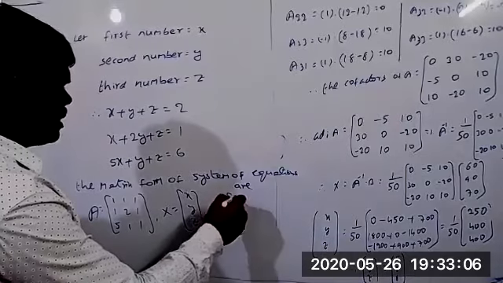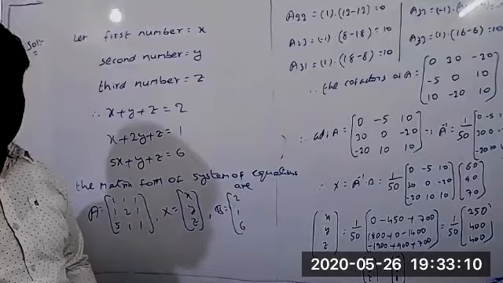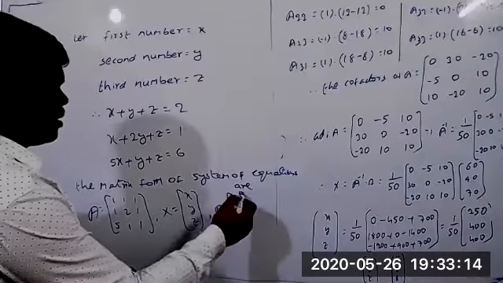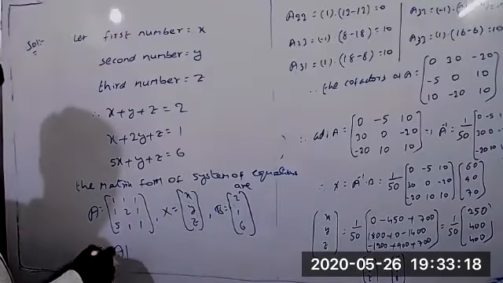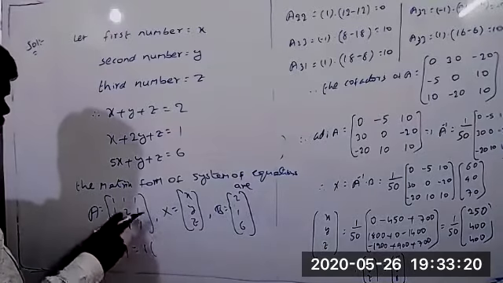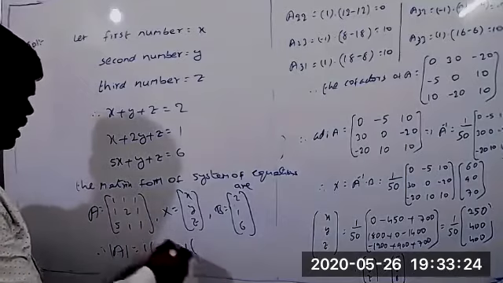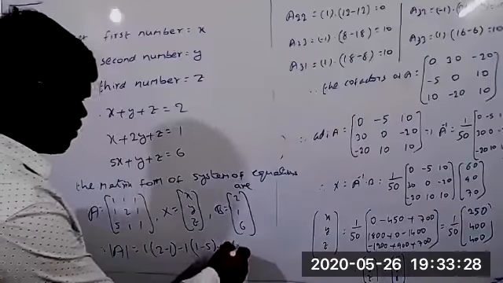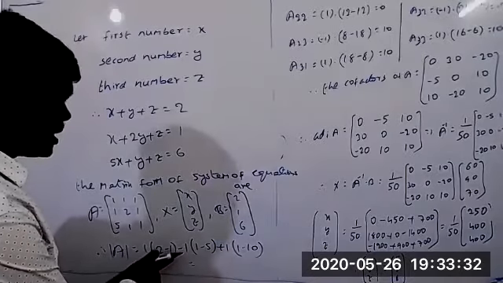Now, let us just take the sum. That means compulsorily one of the numbers must be negative, then only it is possible. Okay, so therefore first you can find immediately the determinant of A. So 1 into (2 minus 1) minus 1 into (1 minus 5) plus 1 into (1 minus 10). So it is equal to 2 minus 1 equal to 1.